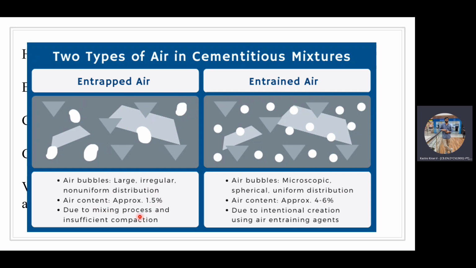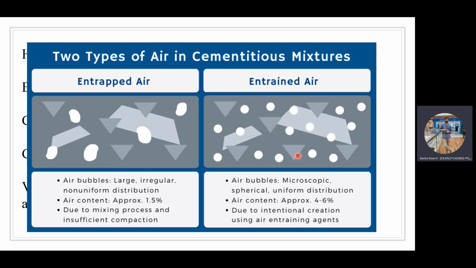Due to the mixing process and insufficient compaction, this entrapped air will form. When you don't do proper compaction of the concrete, the air bubbles or air voids will get formed. And when you have air voids in the concrete, it leads to a decrease in the strength. Whereas entrained air is air which is intentionally created inside the concrete because of some properties